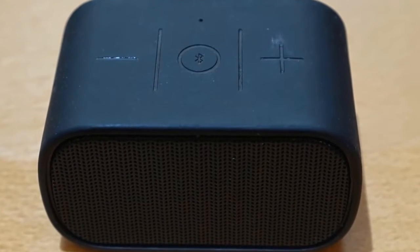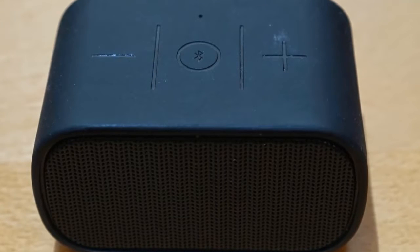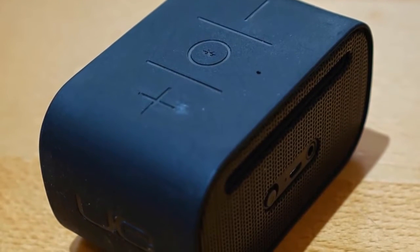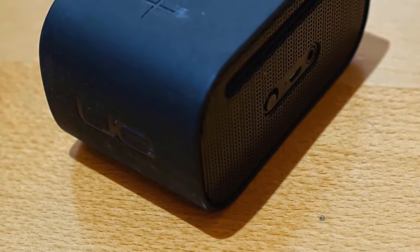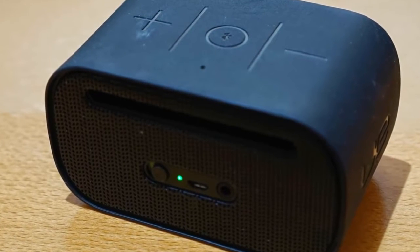with other products. Nevertheless, what the Mini Boom sacrifices in terms of audio fidelity, it makes up for in sheer portability. This speaker is only 3.9 by 3.3 inches, which makes it small and light enough to be carried in a pocket, or in the hand with no effort at all. Thanks to its light, yet rugged plastic casing, this product weighs only 9.6 ounces, which only adds to its already